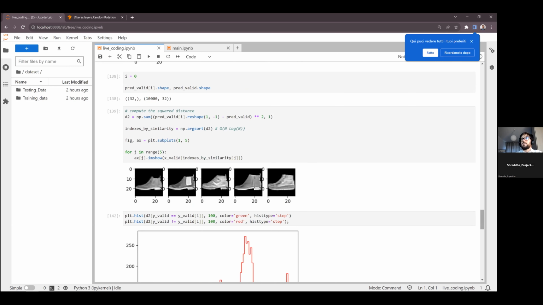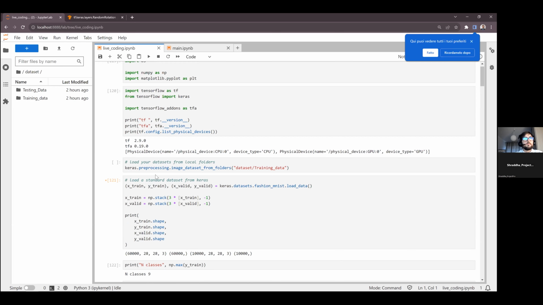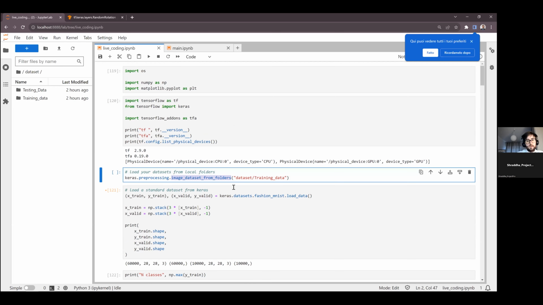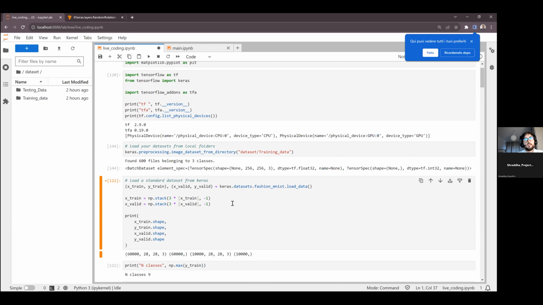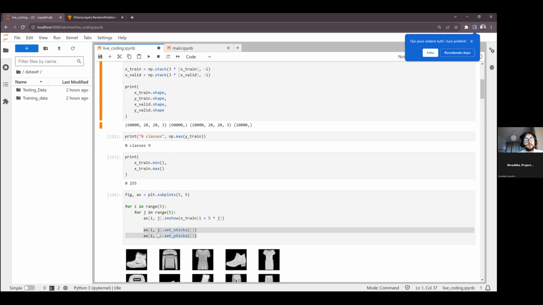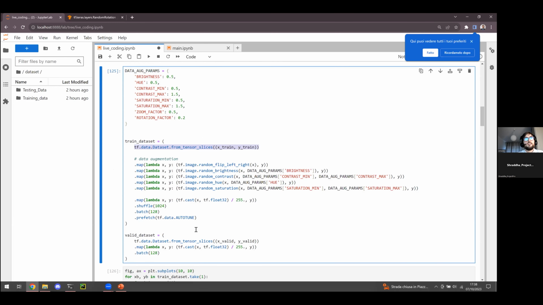Now, let's return for a moment to the data loading part. Okay, I remember, it's image data from directory. Since I have the data, I can show you how it will give us the data. Again, you can see that it's very similar to the format that we get with this original line.